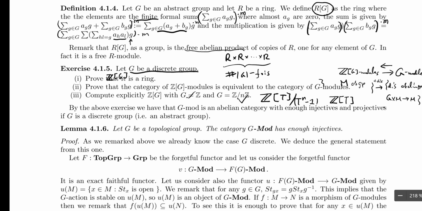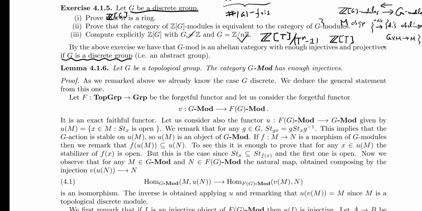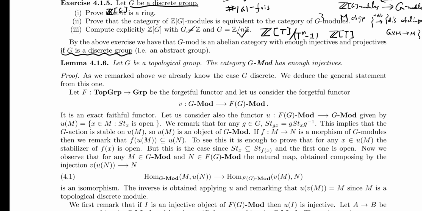By the above exercise, we have that the category of G modules is an abelian category with enough injectives and projectives if G is a discrete group, because in this case it is just a module over a ring, the group algebra. We know the category of modules has enough injectives and projectives, so if G is a discrete group, the category of G modules has enough injectives and projectives, which will help us to do the computation of cohomology by giving us nice resolutions. So we say this lemma: